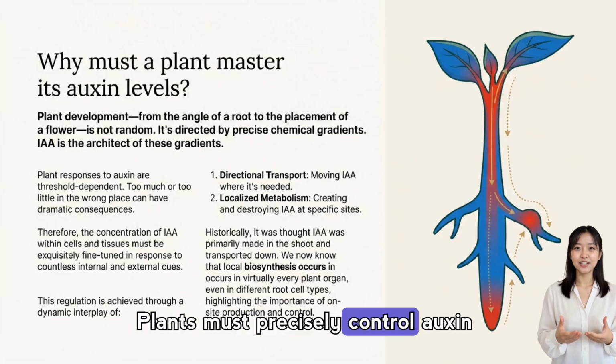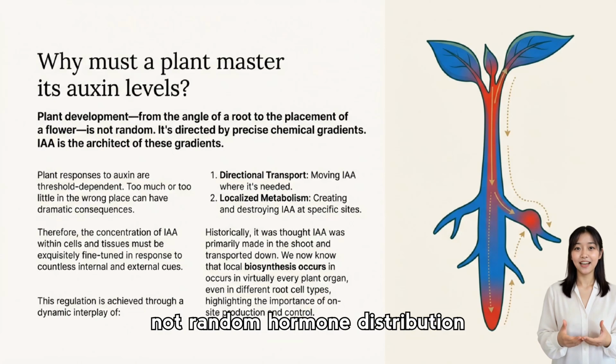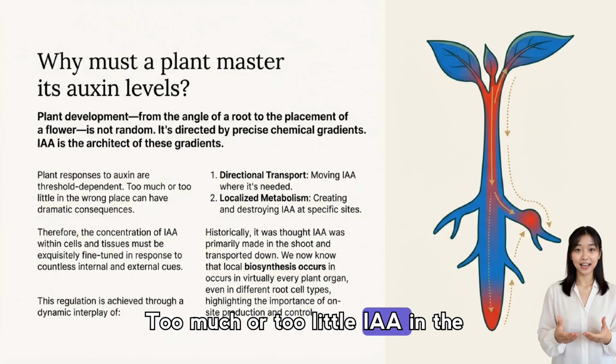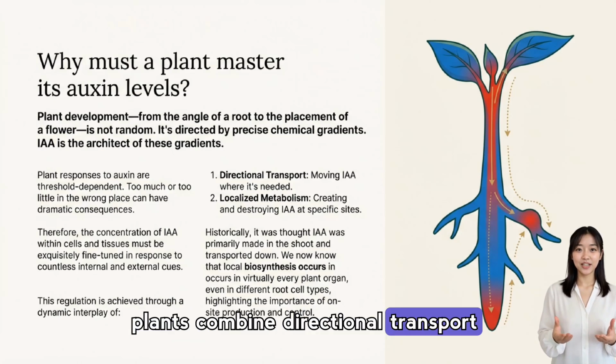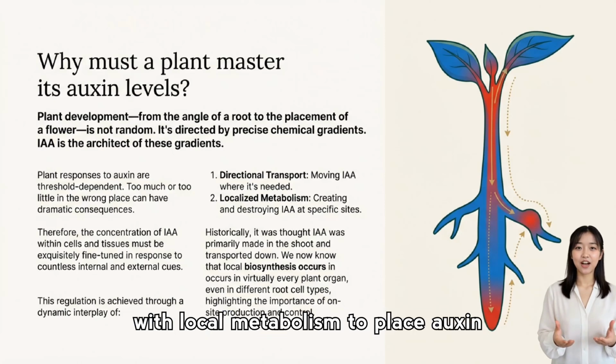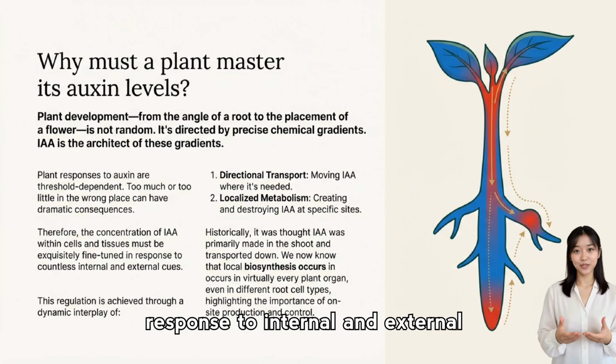Plants must precisely control auxin levels because development depends on sharp chemical gradients, not random hormone distribution. Too much or too little IAA in the wrong place causes big problems, so plants combine directional transport with local metabolism to place auxin where it's needed and remove it where it's not, tuning growth in response to internal and